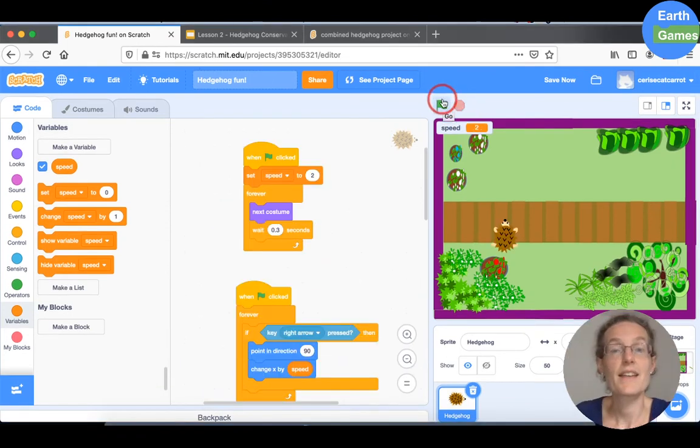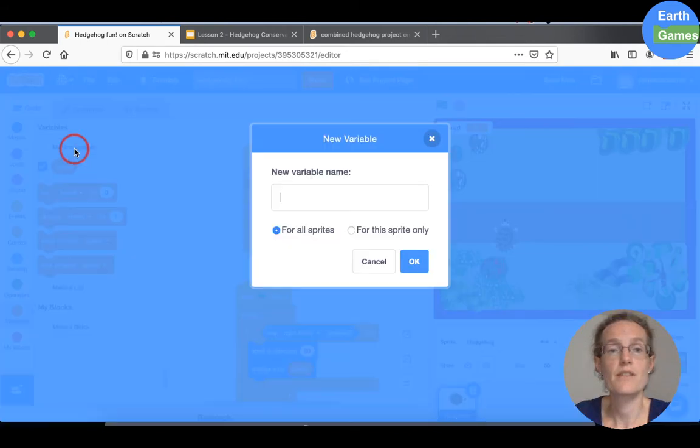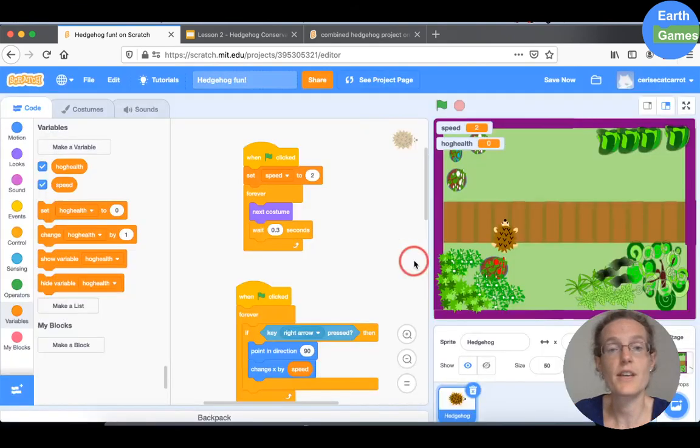Okay, now we're going to add another variable. So go to the variables category and click on make a variable. This one we're going to call hog health, which is to measure how healthy the hedgehog is. We're going to have it global for all sprites so everyone can change it, and press OK. There we go, hog health has appeared here, and in your stage here we've got hog health at the moment is